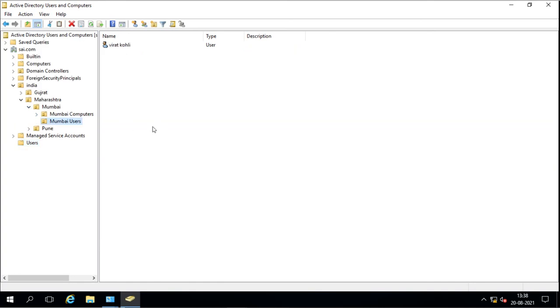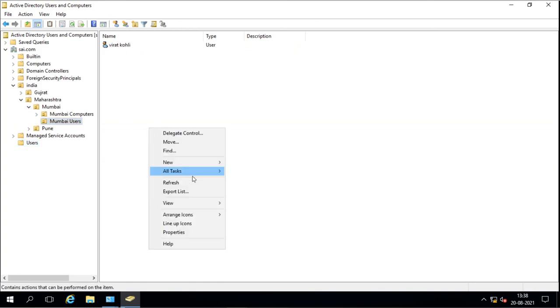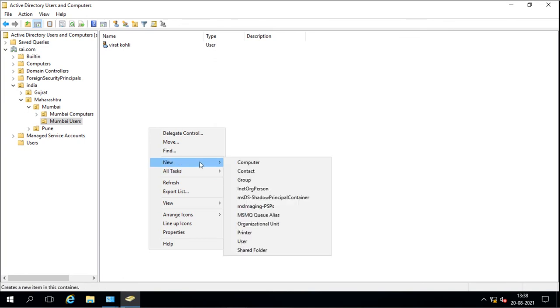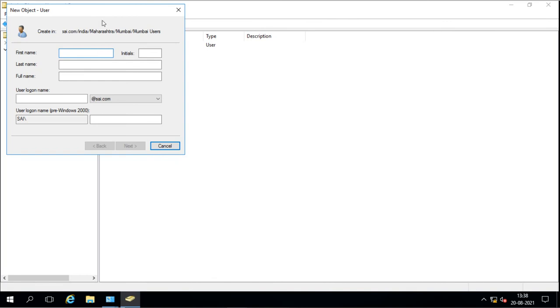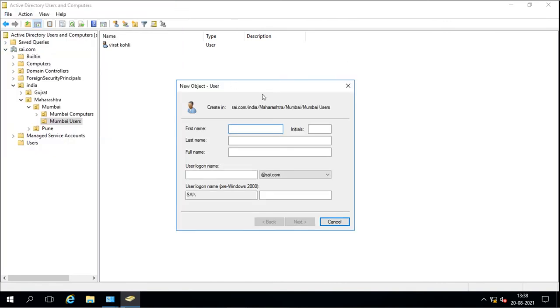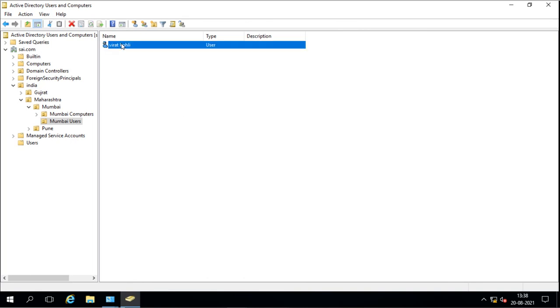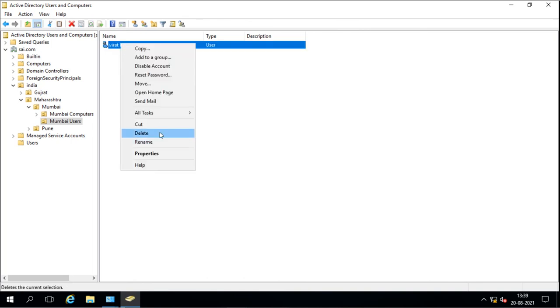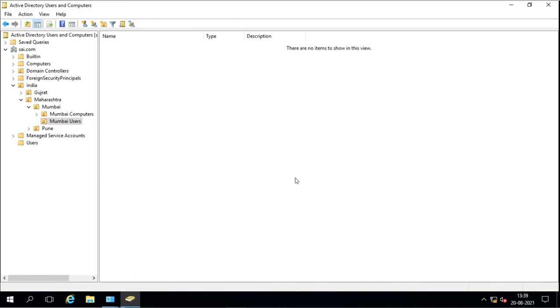We have given the permission here, so what can it do? It can create a new account without any error. This window is opening, and it can delete the existing account also because it has the permission on this OU.